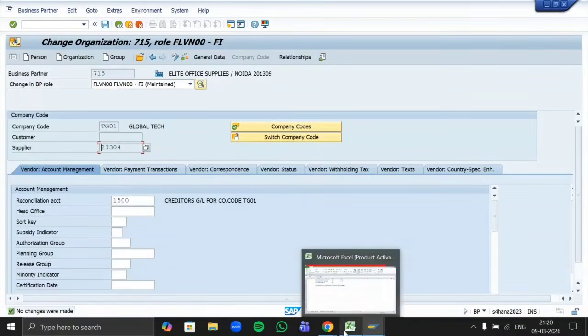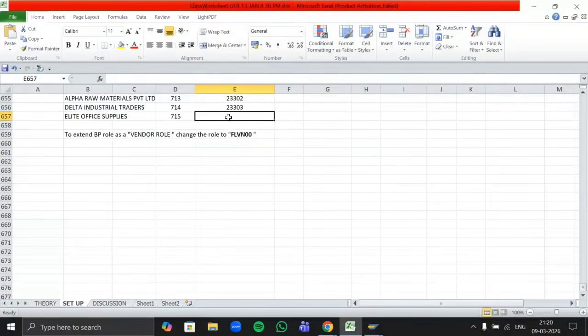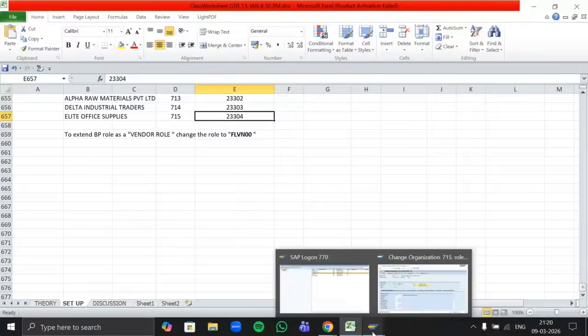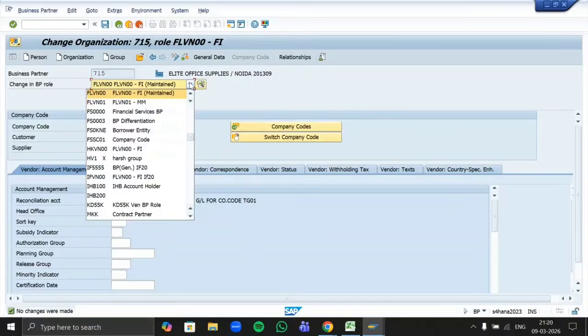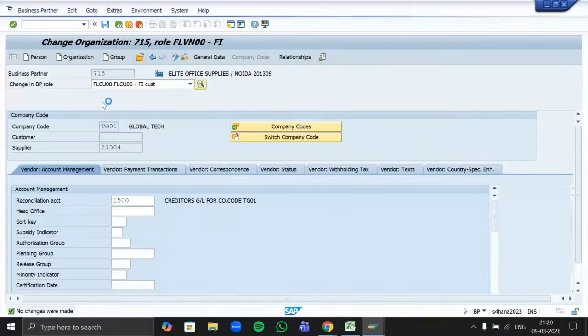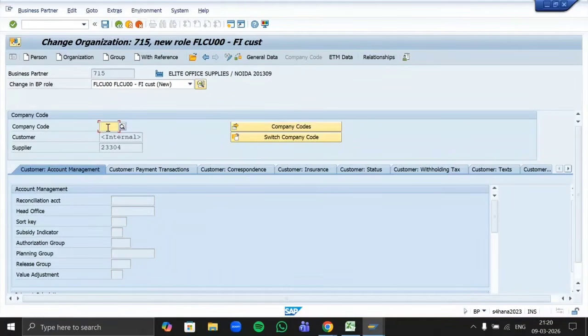Now this particular vendor also plays a role of our customer in our company. So in a BP role, this role is FLVN00. So let's switch this role code to FLCU00, that is for customer role. So mention FLCU00, mention your company code TG01.